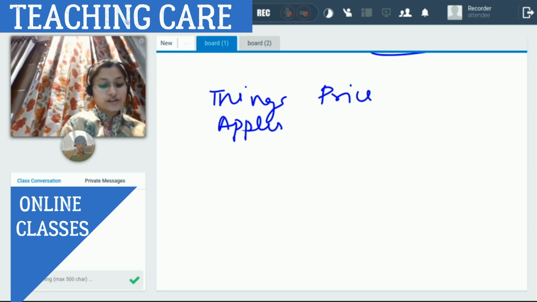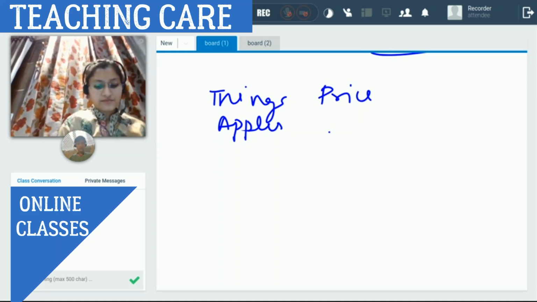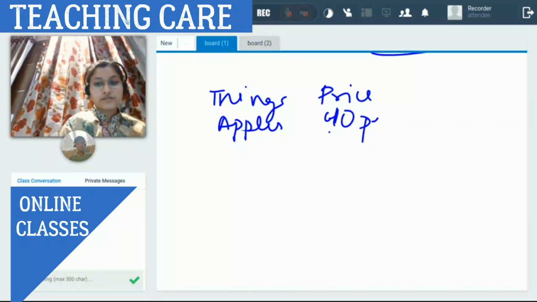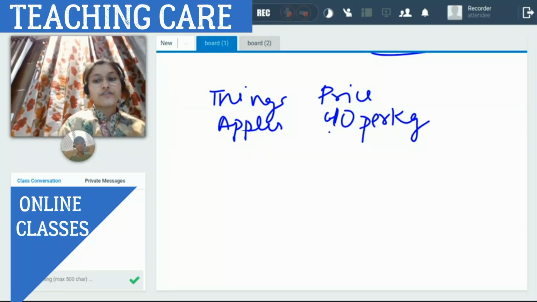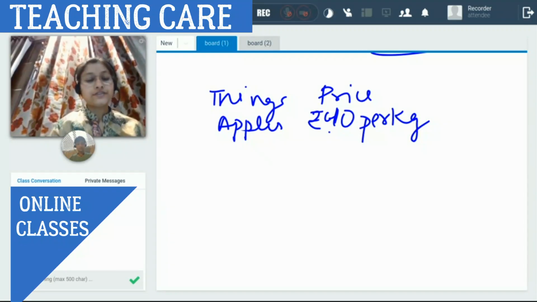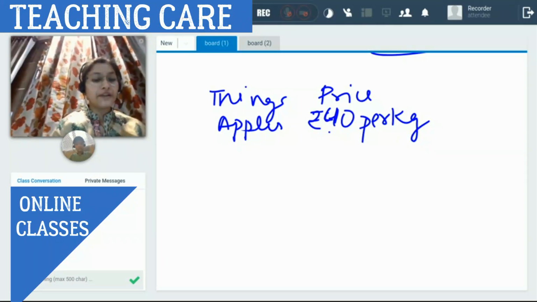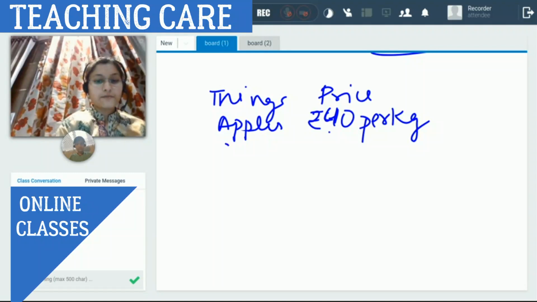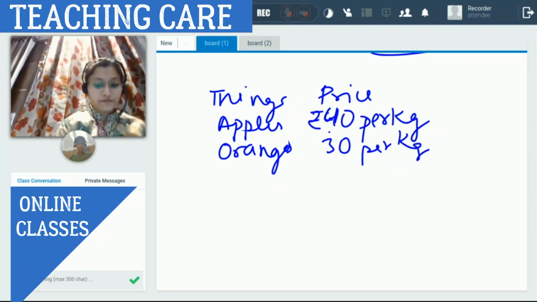The unit in the UK is pound. So assume it to be 40 pounds per kg. In the textbook I have given you, the unit we're using is rupee. In India, the unit used is rupee. So apples are 40 per kg, oranges 30 per kg,